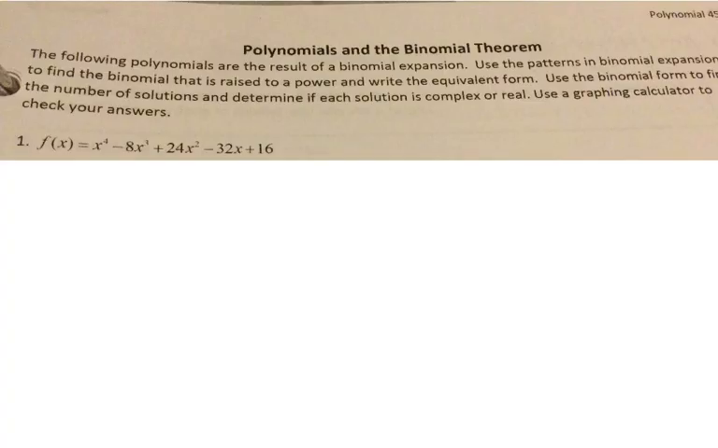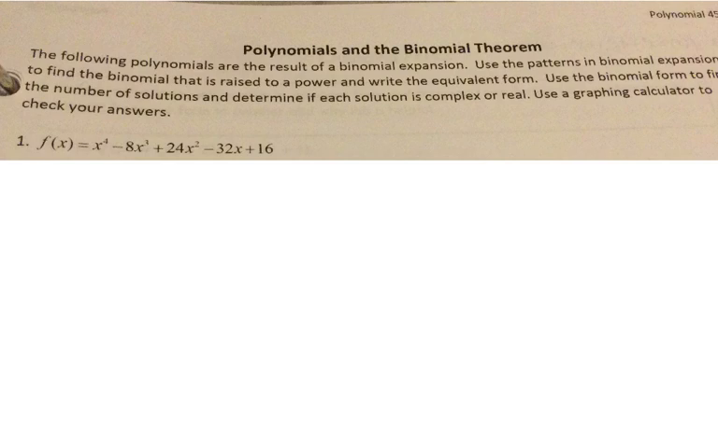Okay, so right at the very top, this is important for all the next 4 problems: we know ahead of time that all of these are the result of a binomial expansion. Because we know that, we can do the steps that we're going to do. If we didn't know it was a binomial expansion, it wouldn't be this easy. We want to use the patterns in binomial expansion to find the binomial that is raised to a power and write the equivalent form. Use the binomial form to find the number of solutions and determine if each solution is complex or real. Use a graphing calculator to check your answers. So I didn't bring a graphing calculator with me, but we'll talk about how you can do that. I'll probably have to use